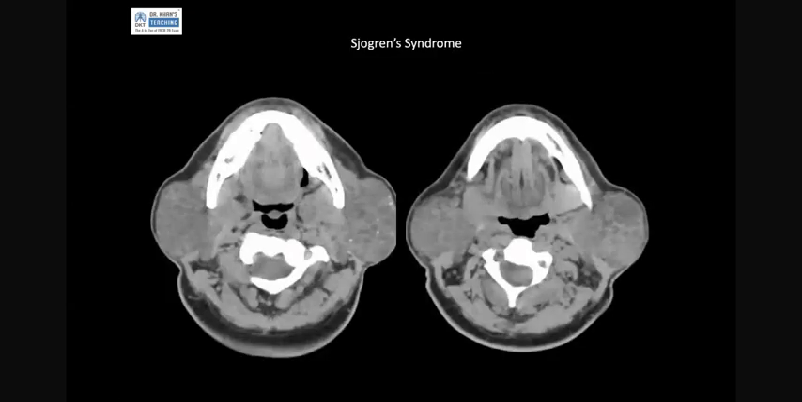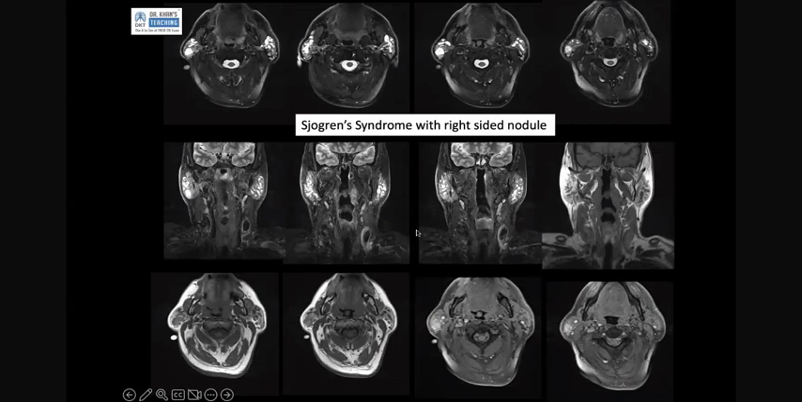Now, this is another case, which is CT scan, and which is more gross, and you can see this destructive parenchyma with cystic dilatation, a bit of calcification, bilateral. Another case where you can see these ducts which are dilated, and with that, in this particular case, actually there is a nodule here, which enhances. This is a fat-saturated